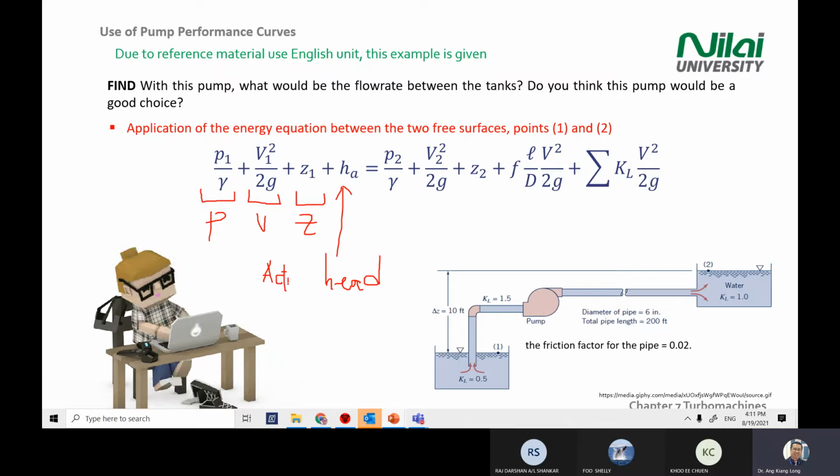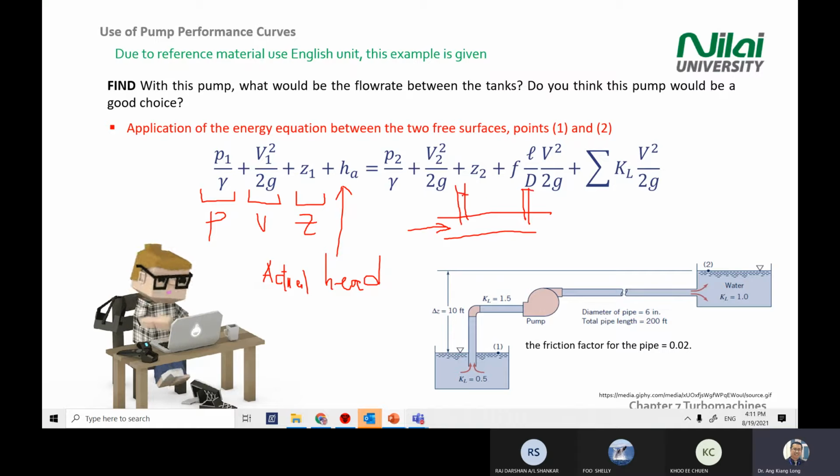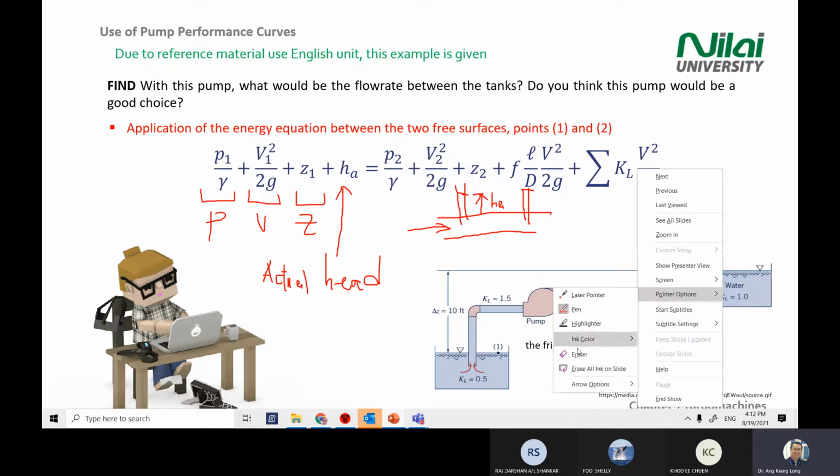What do we mean by actual head? Just to remind yourself, if you have a straight pipe and water goes through it, and you put a capillary tube just above the pipe, you will see the water level going up in this capillary here. So this is the actual head. This is the HA. So you put the actual head on the left hand side of the equation. Then after that, on the right hand side,